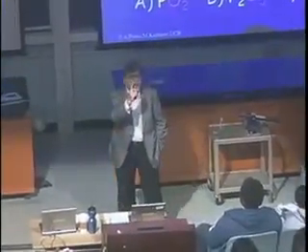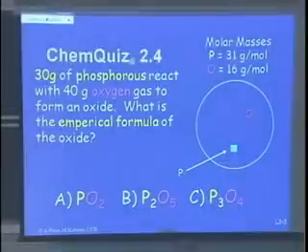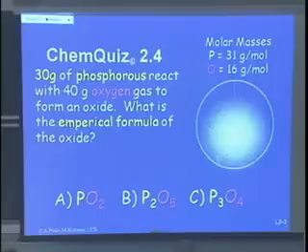So the ratio is 1 mole of phosphorus to 2.5 moles of oxygen. But we need whole number ratios. So what do we do? Multiply it by 2. With this, it gives 2 to 5. Okay, there it is. You see, we're burning this, and there's this oxide that forms here,